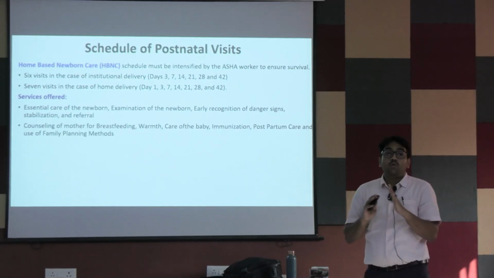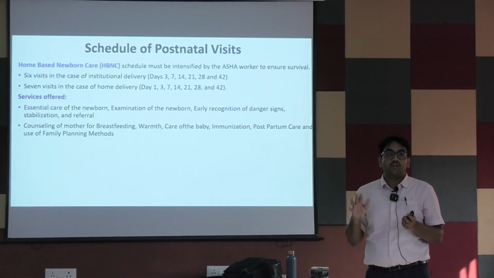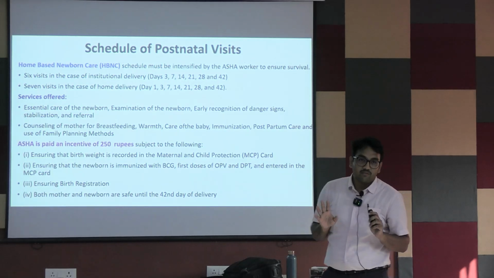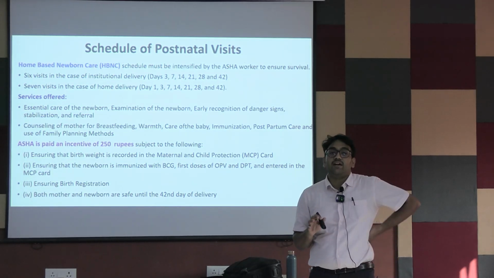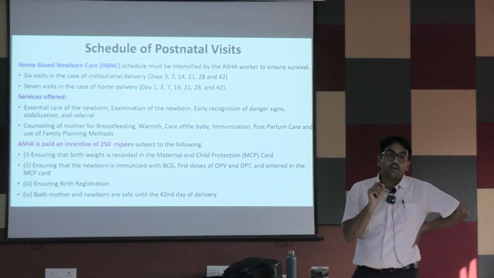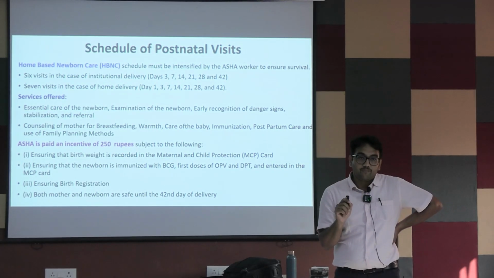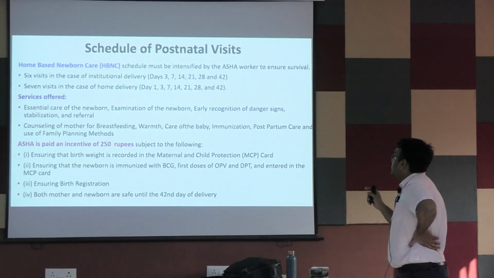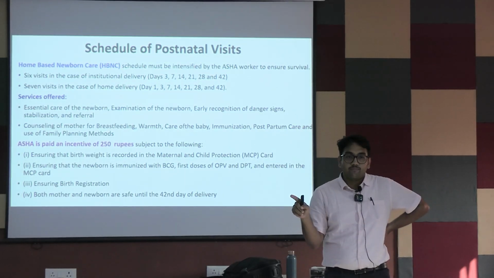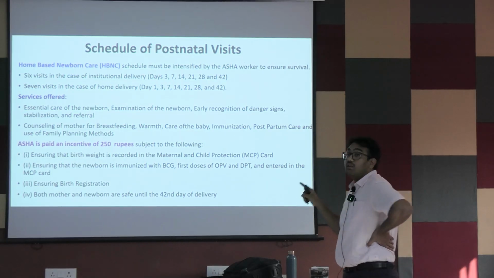Now, the ASHA worker will be doing so many things, she gets an incentive of 250 rupees for this. Now when will she get that 250 rupees? She will get it if some things are ensured, that is the birth weight is recorded in the MCP card. Okay. Next, ensuring that the newborn is immunized with the birth dose vaccinations. Okay. Next,